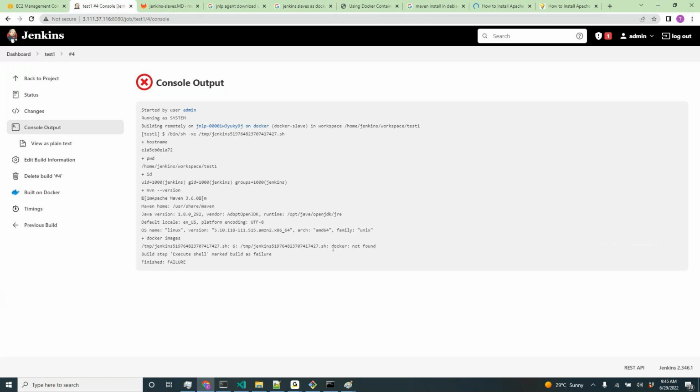Okay, Docker command is not found, but you can see the maven is found. Okay, now if you want to use this slave for building Java projects,